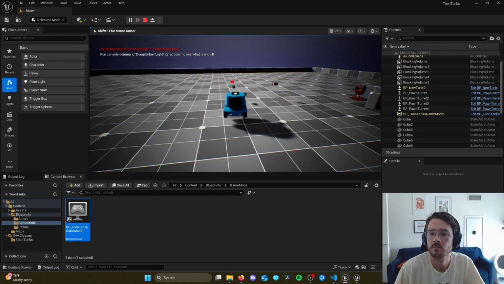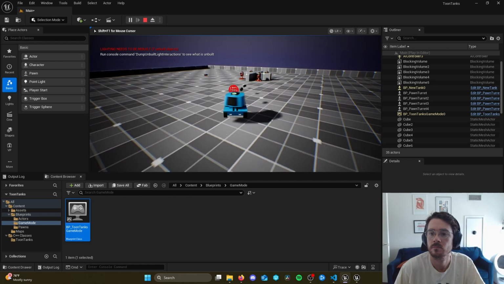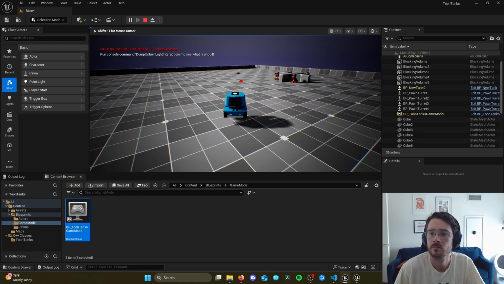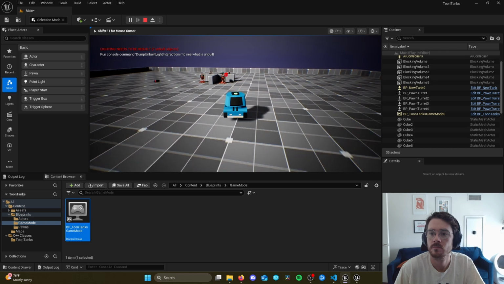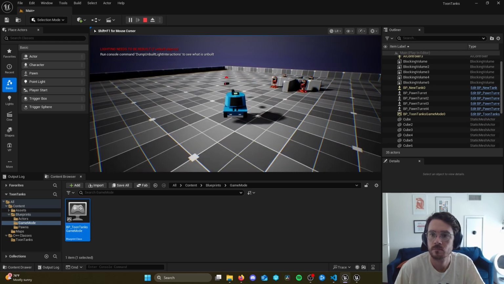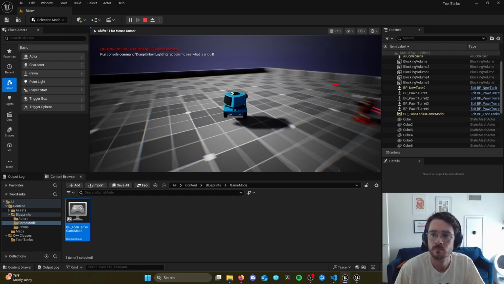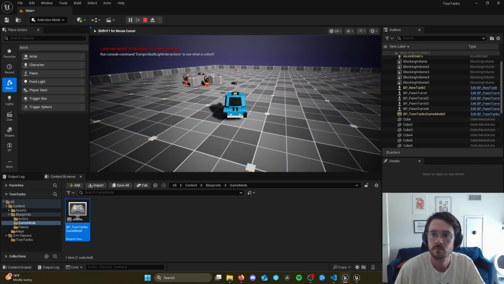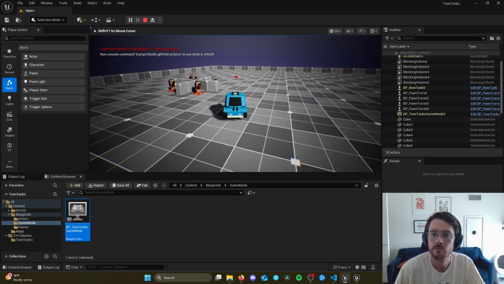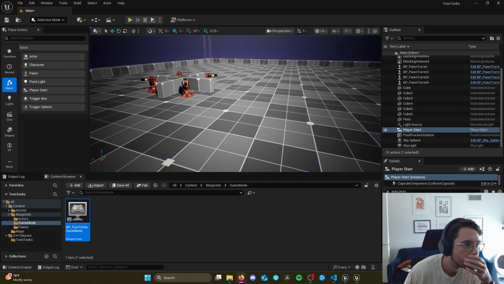So if I go ahead and hit play, we'll see that my pawn is spawned at the location of that player start. Now, I'm moving quite slowly because we're spawning this actor based on the default blueprint, and my movement speed is set in the default blueprint to a low value. So what I'd like to do is change my movement speed. So I'm going to go into the pawns folder and open BP Pawn Tank and select BP Pawn Tank self, and here under speed,